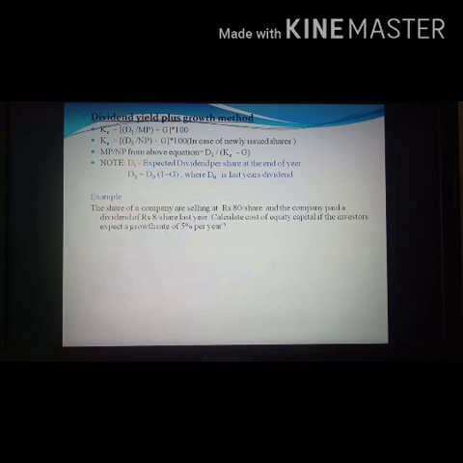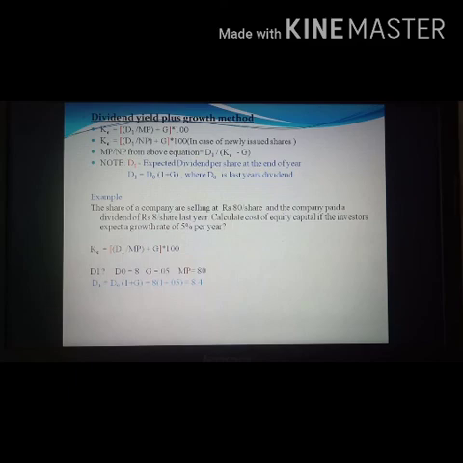And in this question, the market price of the share is given. So we can stick to this formula, that is KE is equal to D1 divided by MP plus G, into 100. The dividend paid last year is 8. So D1 is not given. D0 is given, that is last year's dividend is 8. Growth rate is given, that is 0.05. Market price of the share is given, 80. So we need to calculate D1.